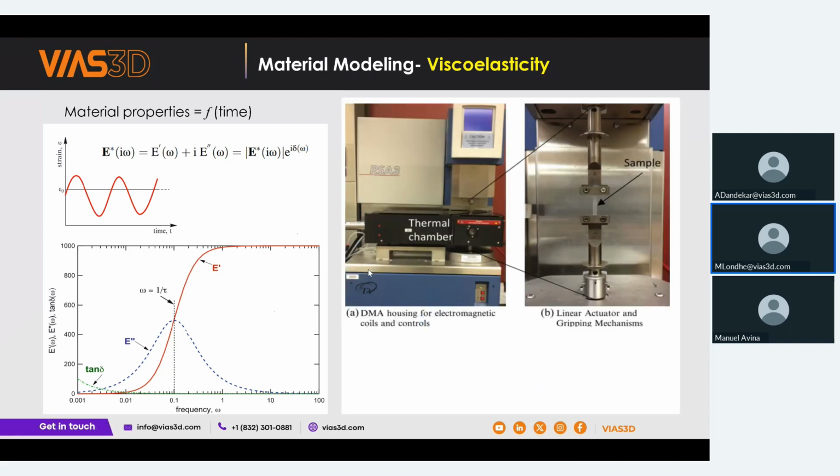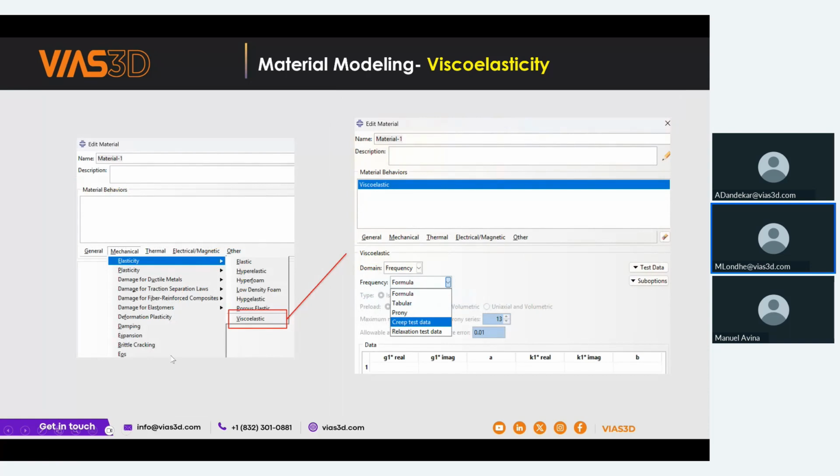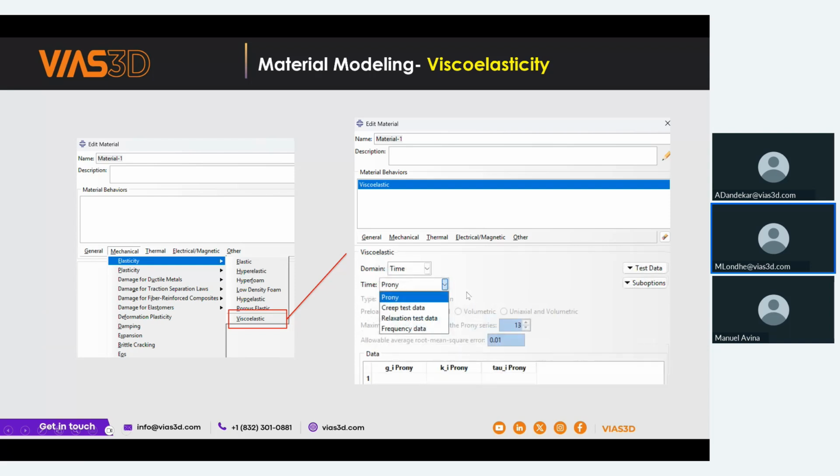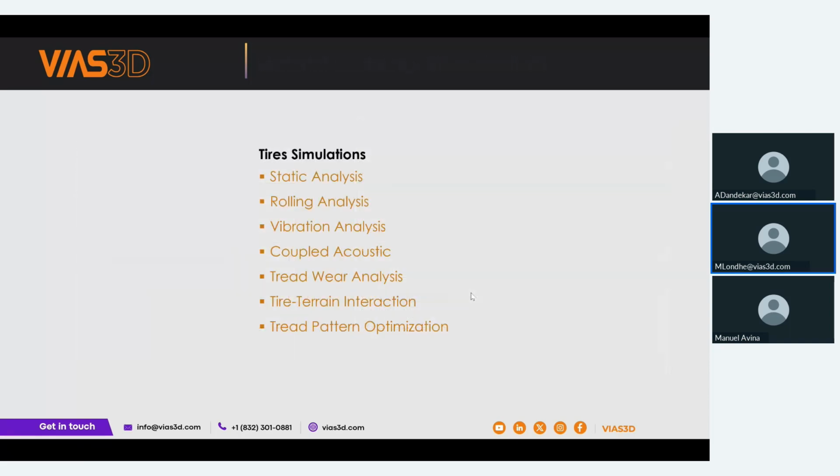Such viscoelastic material properties are generally defined using DMA machines, and there are DMA machines which can also incorporate temperature effects along with the dynamic loading. In Abaqus, such a viscoelastic material can easily be defined. Abaqus allows you to put in direct test data, that is creep test data or relaxation test data, or if you already have developed constants like a Prony series, you can put those in. It also allows you to put the data in the time domain. So these are the main material properties.